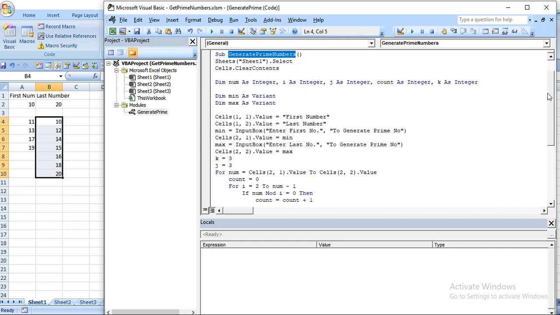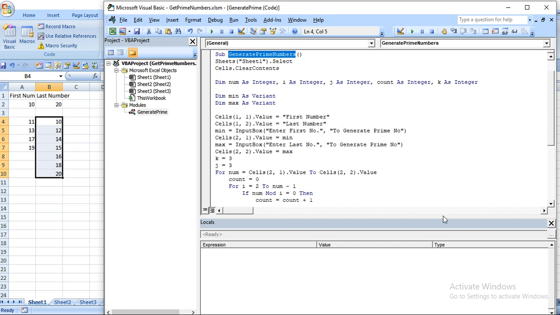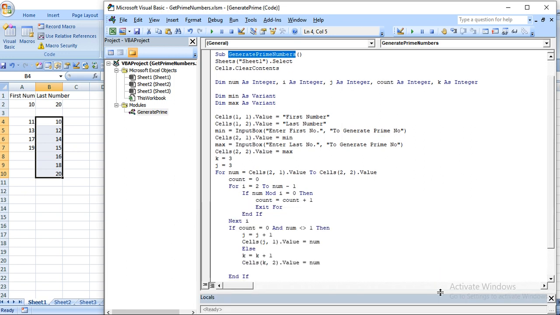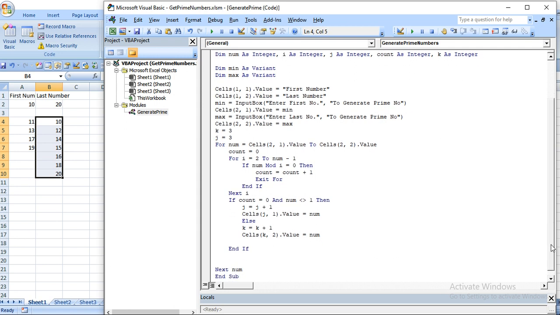And that's all. Again, you can see the code here, this is the file code I have written to generate prime numbers, with a couple of variables and declarations as well, and I have shown you how this program